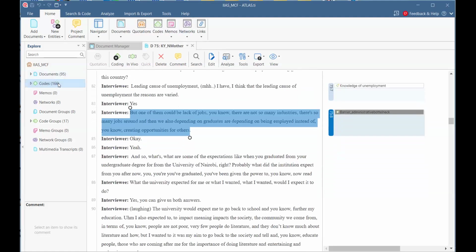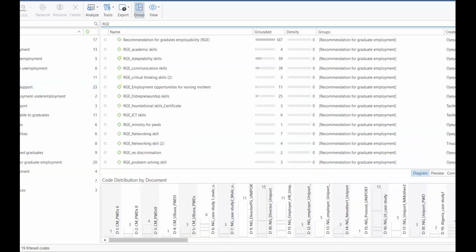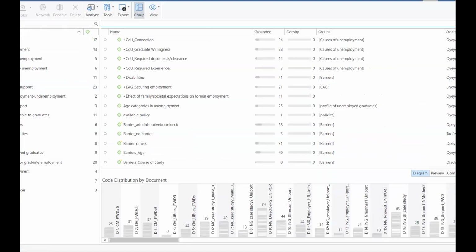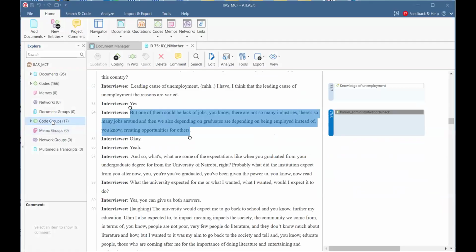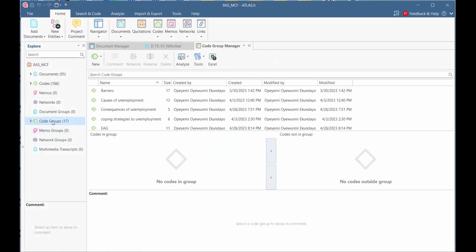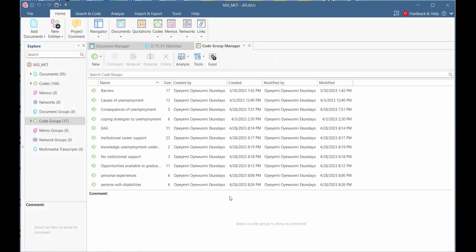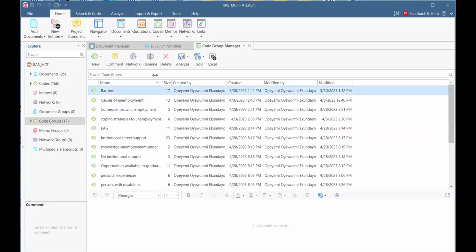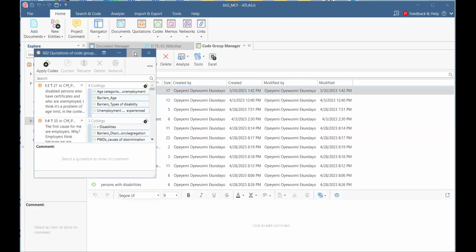Now let's go back to the coding. So having coded all of this, we have lots of codes. Now imagine you have 166 codes. How do you make sense of it? So you start to have code groups. You put all the barriers together. Now you see that we have 16 code groups. You move all the things that sounded like barriers together. So if you click on barrier, you have lots of barriers, so let's see what the interface